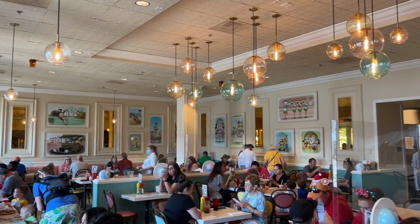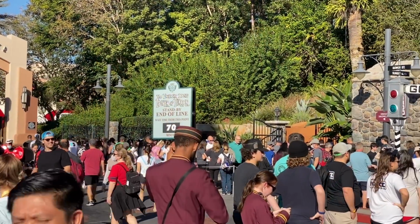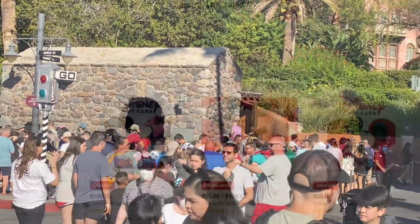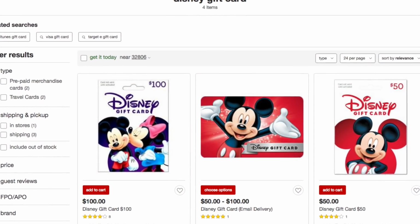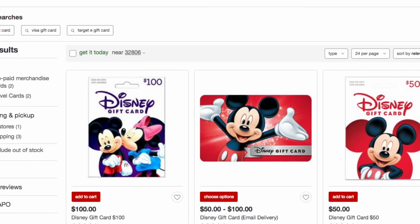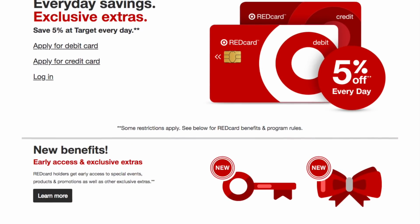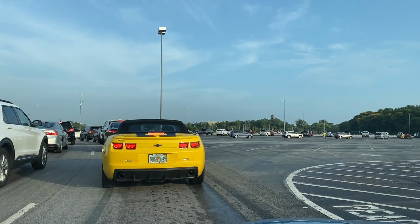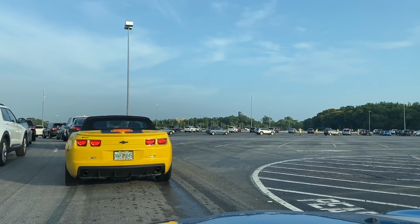for unexpected expenses. Sometimes we even recommend using Disney gift cards to help you keep track of how much you're spending. You can purchase Disney gift cards at Target, online, or in stores, and use your Target Red Card to receive a 5% discount on your purchase, meaning you're going to end up paying a little less money for more park money. Don't forget, you'll also have to pay for things like parking for the hotels and theme parks if